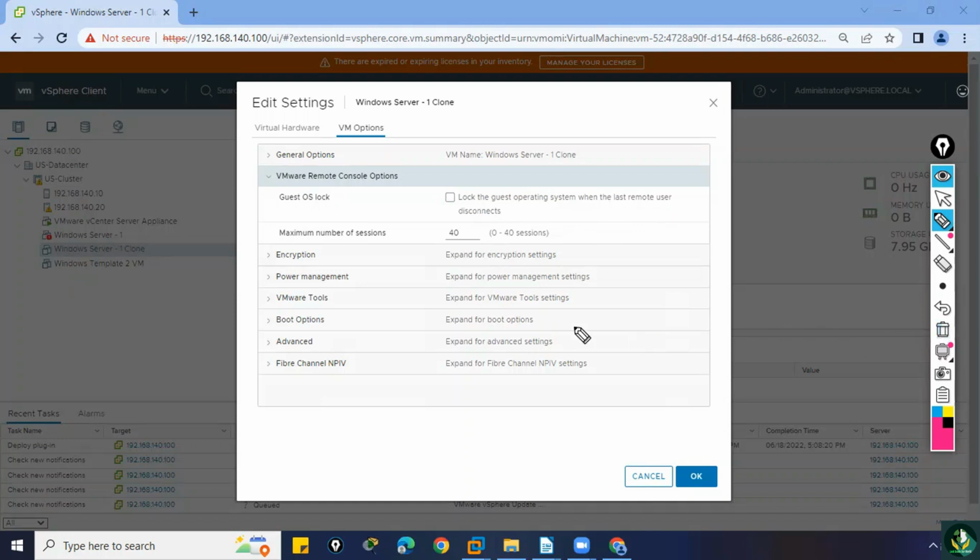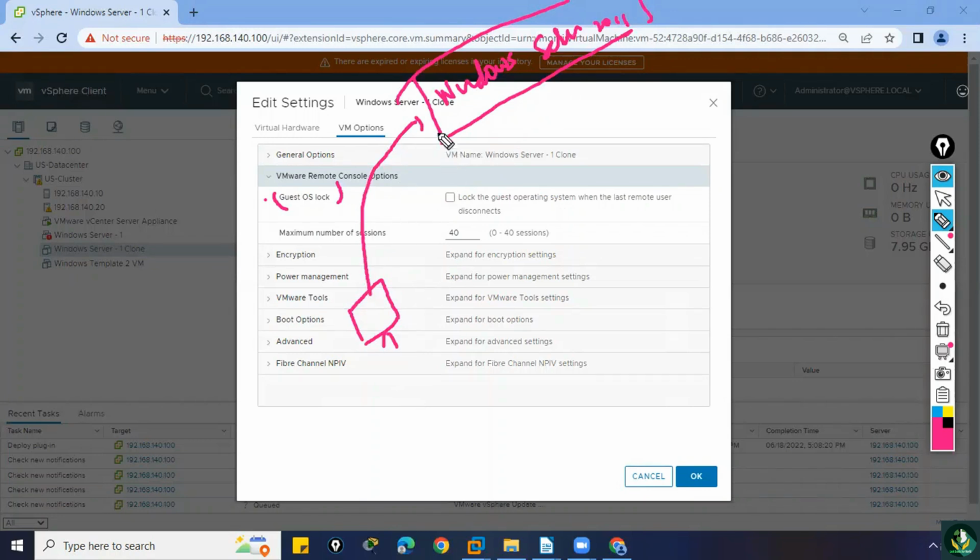So guys, let us say on this virtual machine we have installed Windows Server 2012, this operating system we have installed, and someone is accessing this operating system or virtual machine remotely,